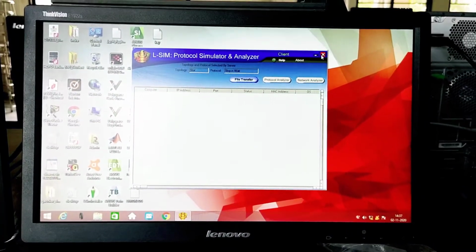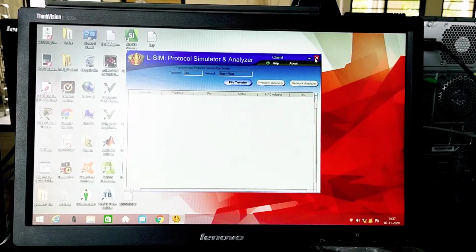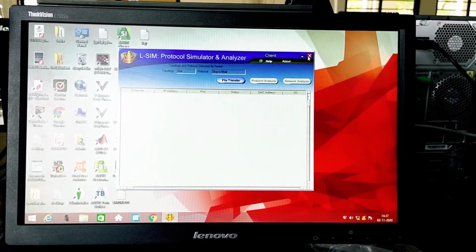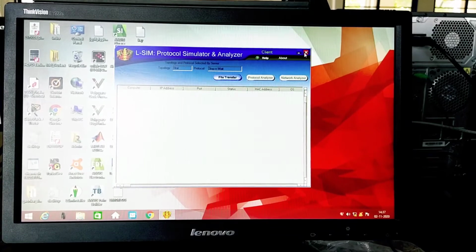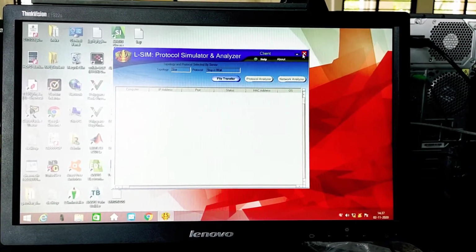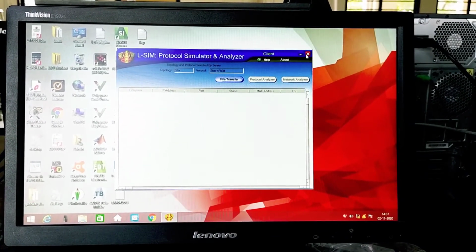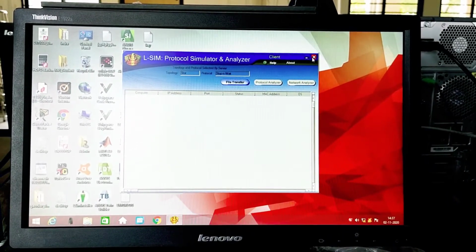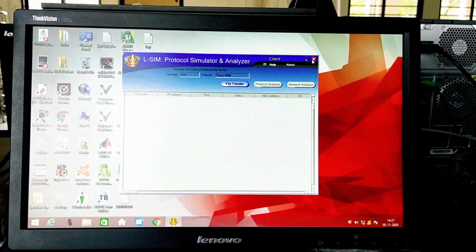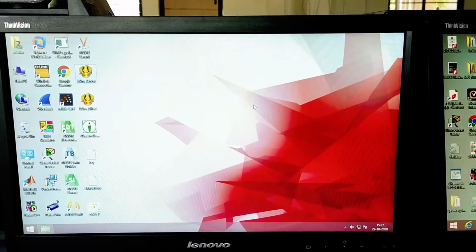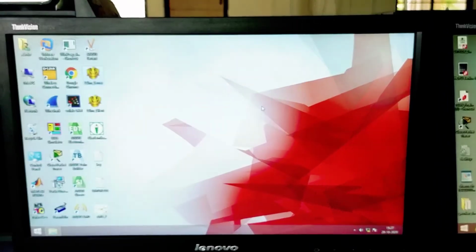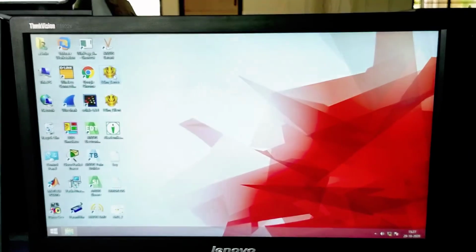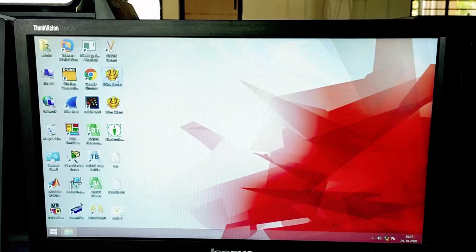First of all, start the client part. Switch on the machine, run the LCM client version on both the clients. As you can see, you will find an empty window on the client side. Then switch on the server on the server machine. Here we are with the server application.